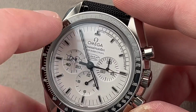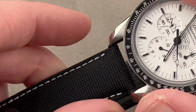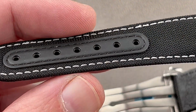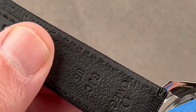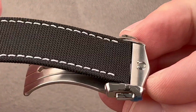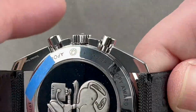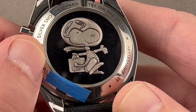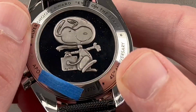The watch, of course, features a tachymeter scale that is ceramic and a sapphire crystal over the dial. The strap is unique to the model. You can see it features gusseting, so you don't gouge the perforations for the buckle. There's a contrasting stitch textile on the top, calfskin on the bottom. The watch comes with a full trigger-actuated deployant clasp, and on the reverse of the case, we have a rather spectacular combination of a vitreous blue enamel base with little flecks of copper inserted to create the image of the